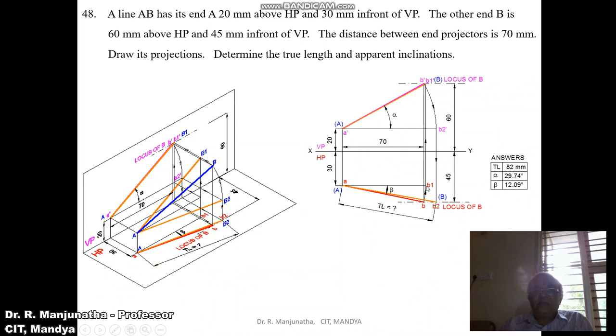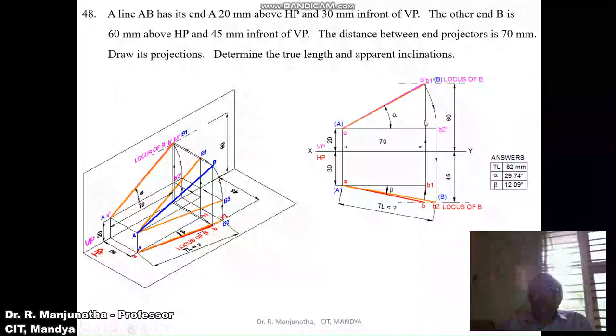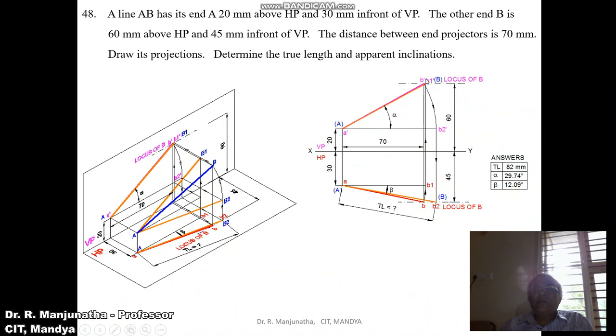Then draw a vertical projector from B1 to the locus of B in the front view and mark this point as B1 dash. Since the top view line is parallel, its corresponding front view will be in true length, which is the true length A dash B1 dash. So join A dash B1 dash with a little bit lesser thickness than the front view line. Since this line is parallel to VP, you are getting the true length. You mark these points as A in brackets and B in brackets.